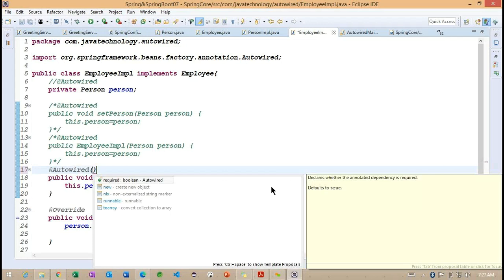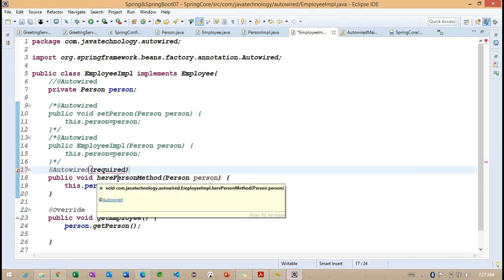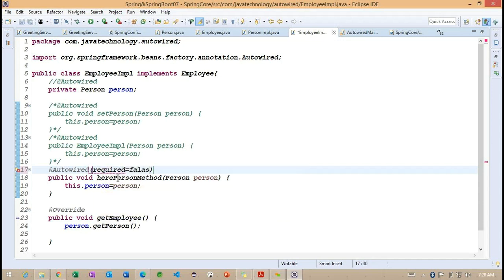By default this required is true. But whenever we want to make this Autowired optional, we can set required equals false here.